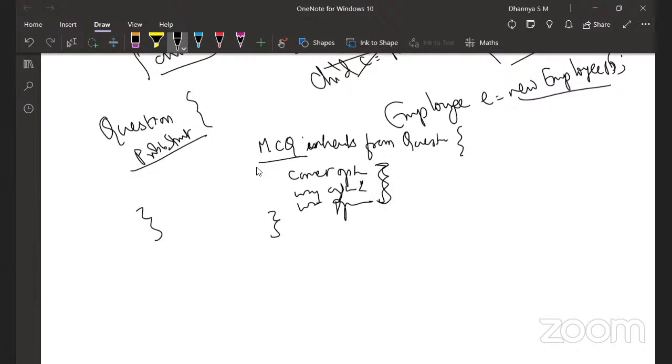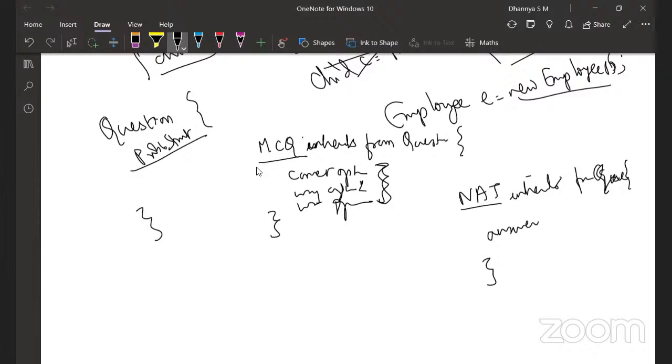Whereas NAT, which also inherits from question, simply has an answer as a statement. You don't have the correct option and wrong options. NAT is also inheriting from the question class, and MCQ is also inheriting from the question class. Please understand class is synonymous with type, because it's the same in Java.